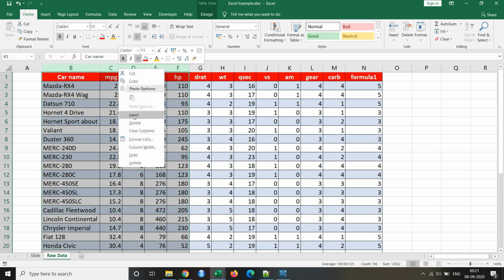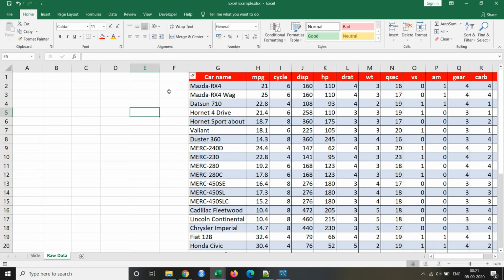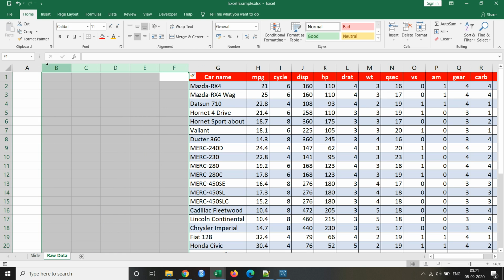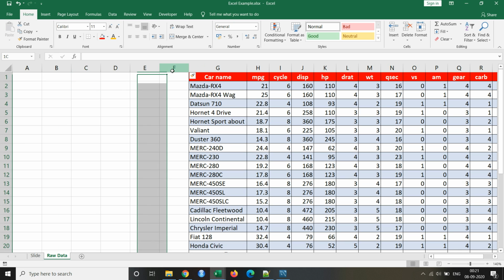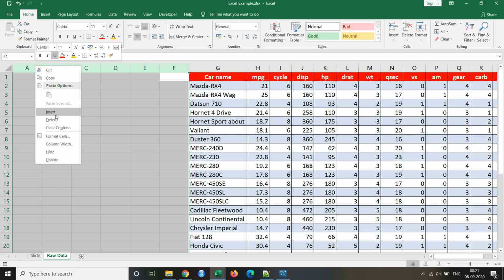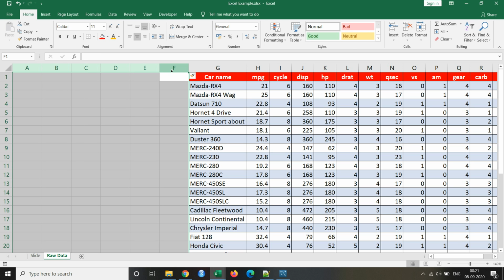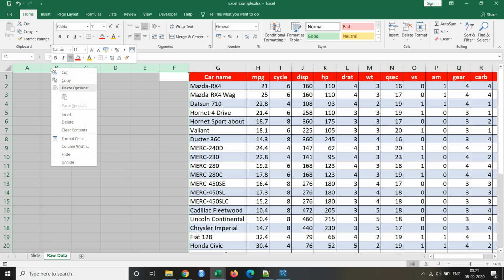When I click on insert, it will insert 5 new columns on the left side. So I'll click on insert now. There you go, all the 5 columns have been inserted, right? So this is the way where you might use your mouse or your touchpad to insert columns. Now I delete this entire column which I have created, and to delete this, I need to highlight this entire column and then right click on it, then click on delete.